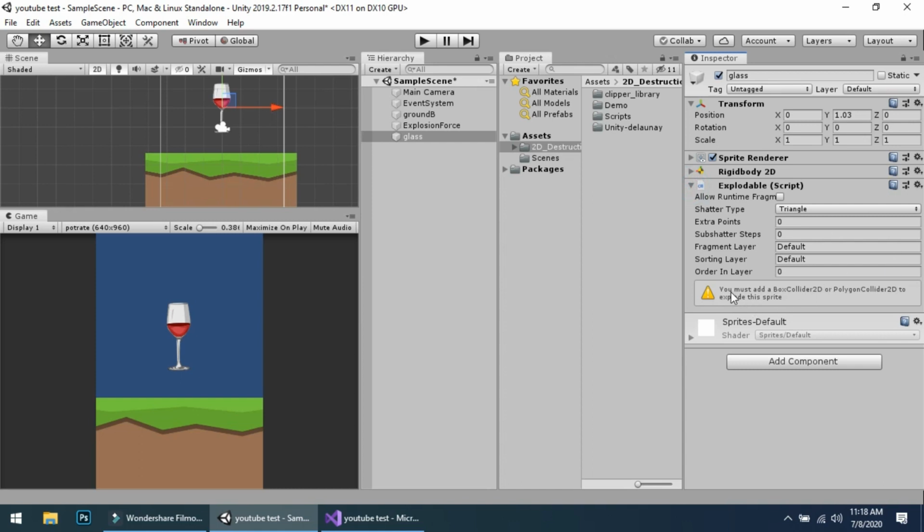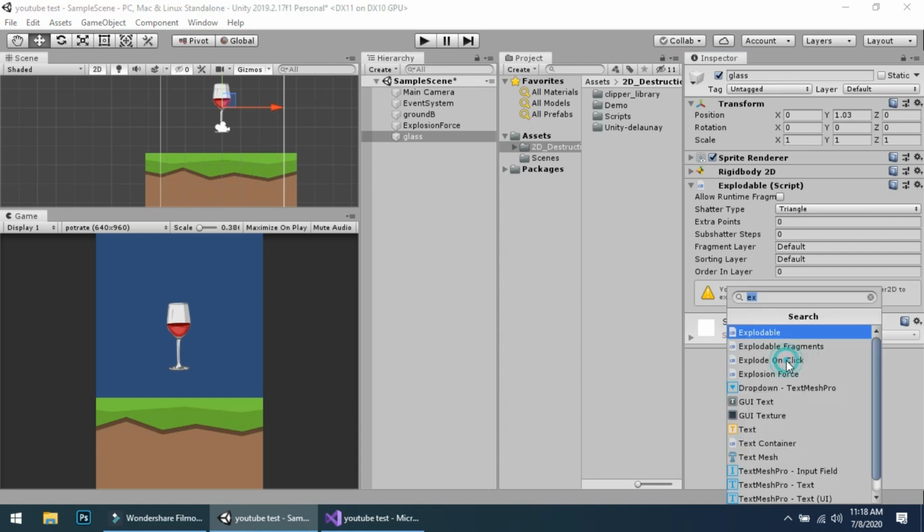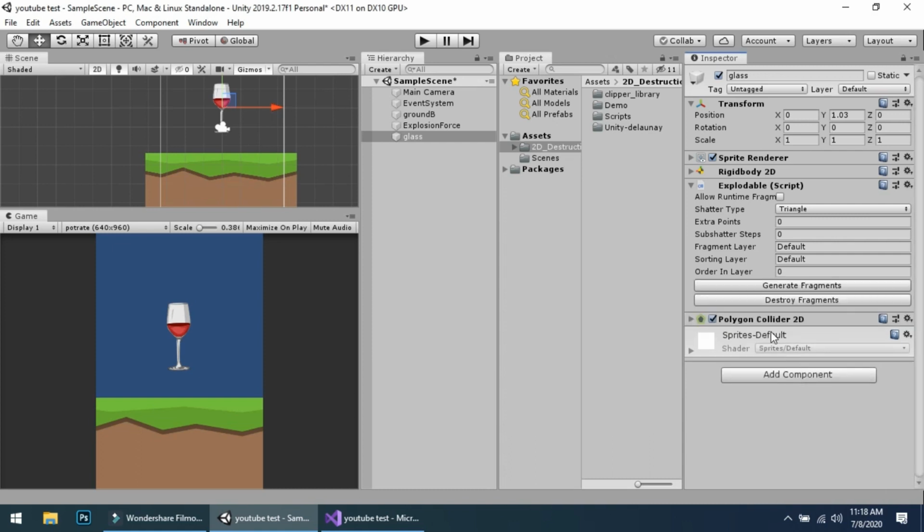Now you see that it will tell you to add the components box collider 2D and polygon collider 2D to explode this sprite. Now simply go to add component and find polygon collider 2D.